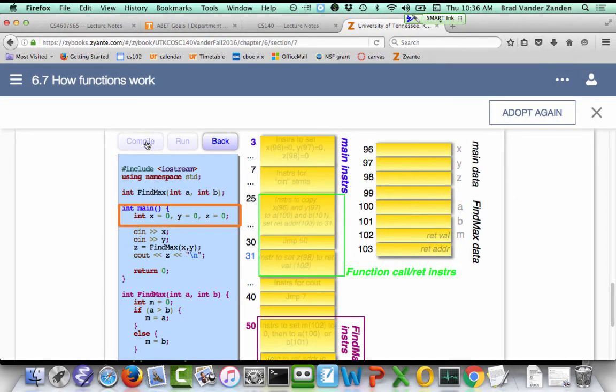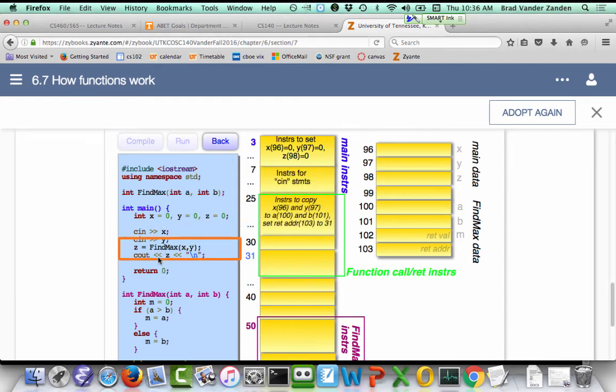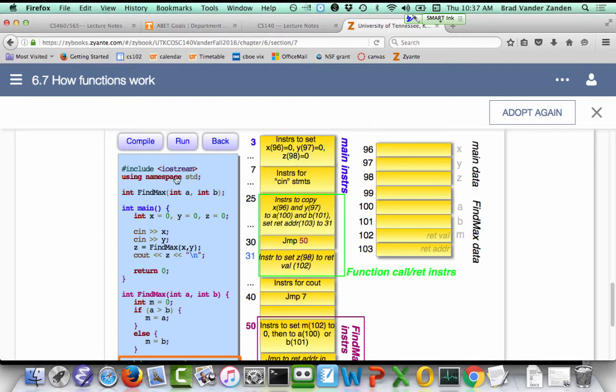So if we actually compile it, you can see what the compiler does is it goes through one at a time, and it's adding instructions at each point. So here it's adding the instructions to copy. Now it's adding the cout instructions. Now it's compiling find max, and so on. Now if we run it, and I know it's a bit fast, so you may have to do this on your own time, but if we run it,